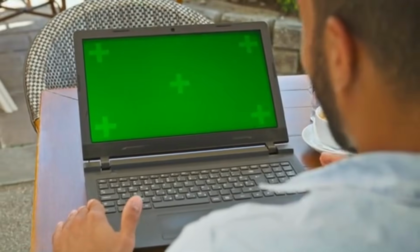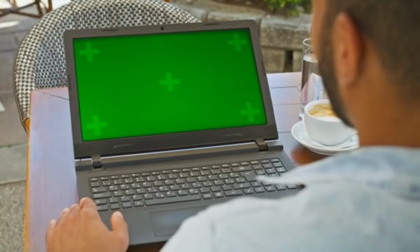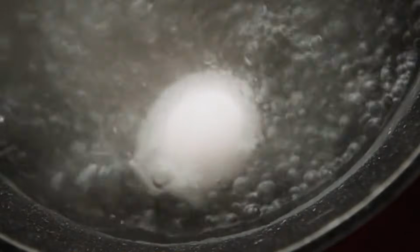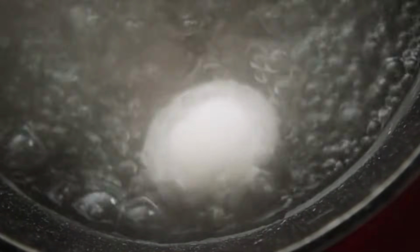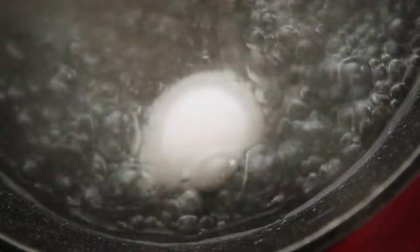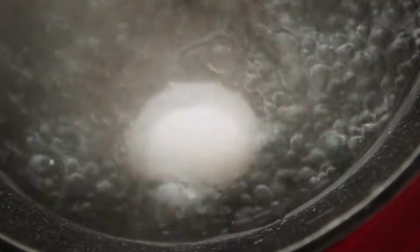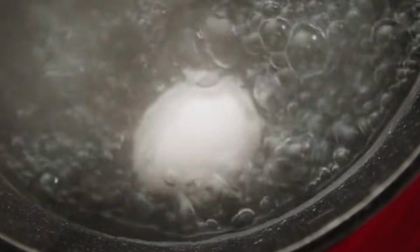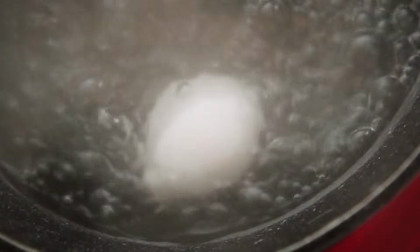Now some of you are already typing in the comments, what about the eggshell and vinegar trick? The DIY water-soluble calcium? And this one actually has some chemistry behind it. When you dissolve crushed eggshells in vinegar, acetic acid, the calcium carbonate reacts with the acid and forms calcium acetate, which is water-soluble. You pour that solution around the base of the plant, and technically, yes, you are delivering plant-available